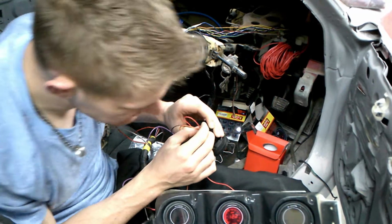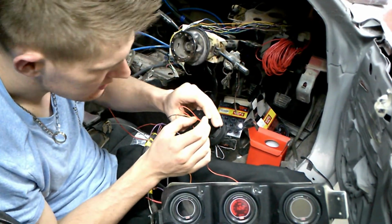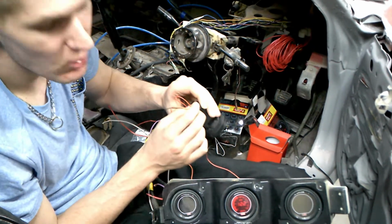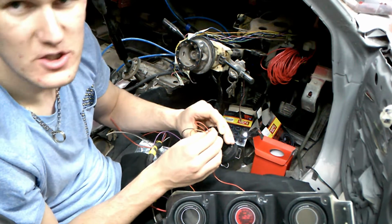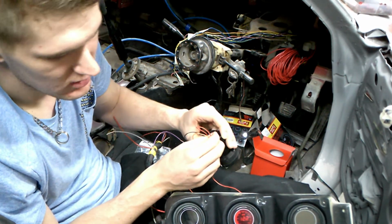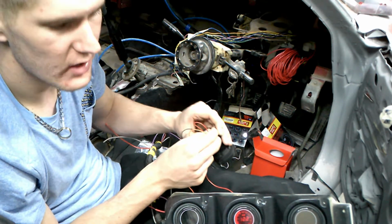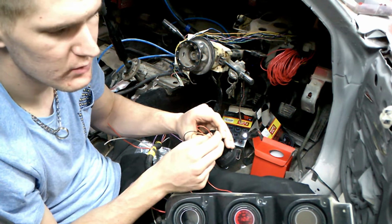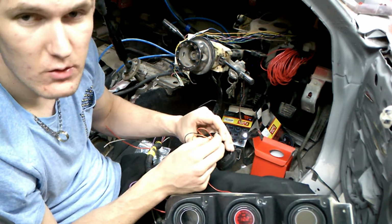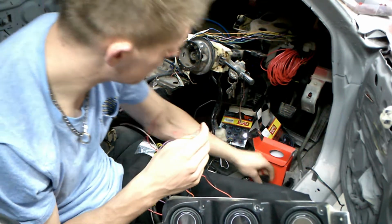So yeah, that's basically how you install it, how the wiring looks. Like I said, the voltmeter is the easiest gauge to install. It's just the earth wire and the power wire, just to read the current that's going through your system. It's really not that difficult at all, but the next gauges should be a bit more difficult, with a bit more thinking work to do. But for now, that's it. That's how you install the